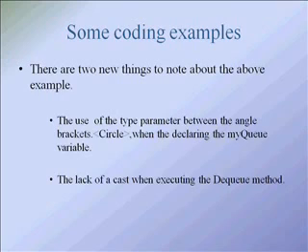The second thing is the lack of a cast when executing the DQ method. The type parameter in angle brackets specifies the type of object accepted by the queue. All references to methods in this queue will automatically be expected to use this type rather than object, rendering